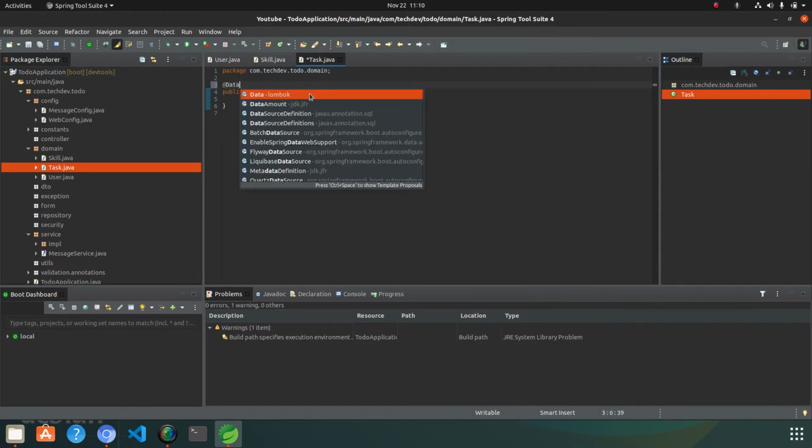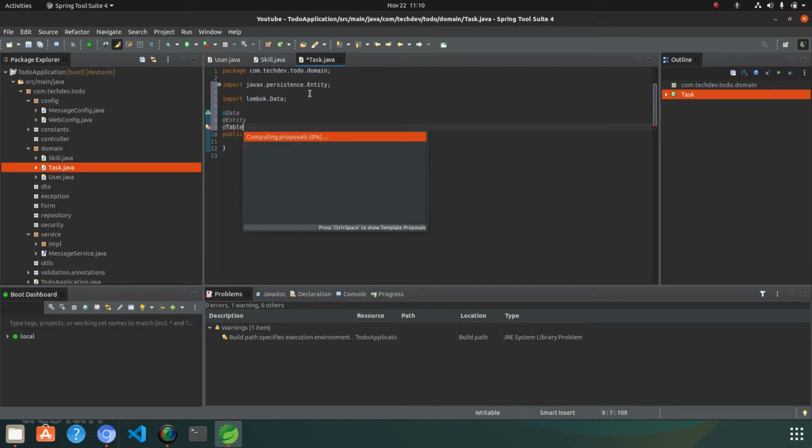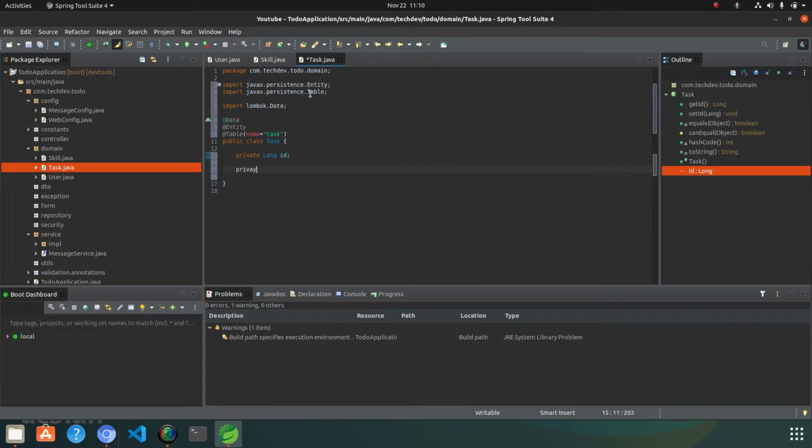@Data, @Entity, @Table. The name of the table will be task, and we will use a private long id, and private String, not a String, it will be like the task name.